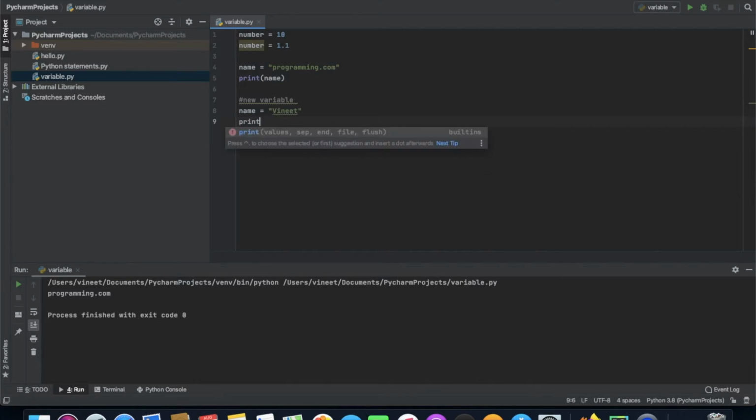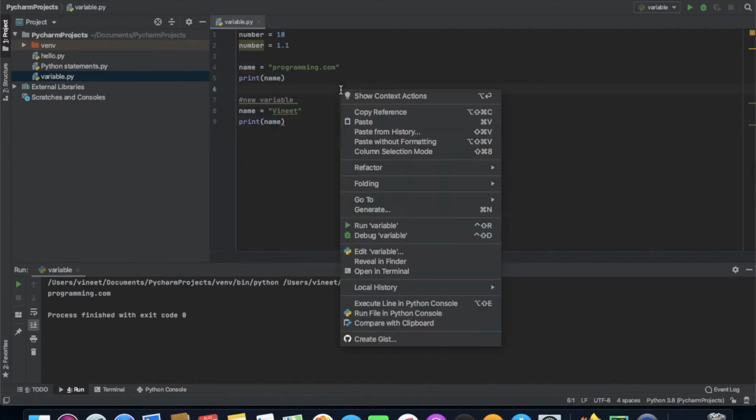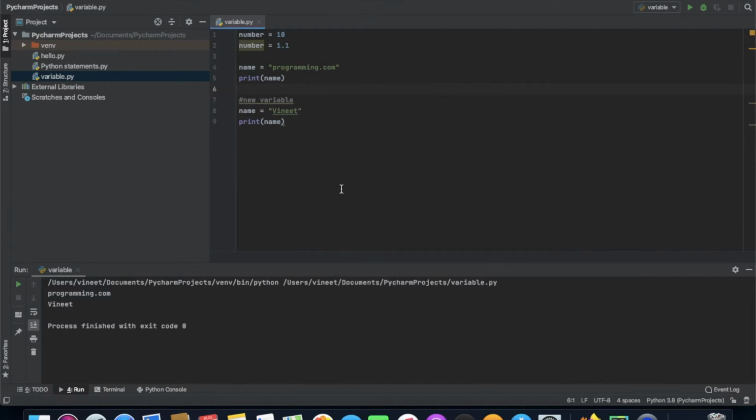So now I'm going to print this name. As you can see, there is programming.com and there is Vineet. There are two outputs for the name variable, because we have changed the value of name to Vineet also.